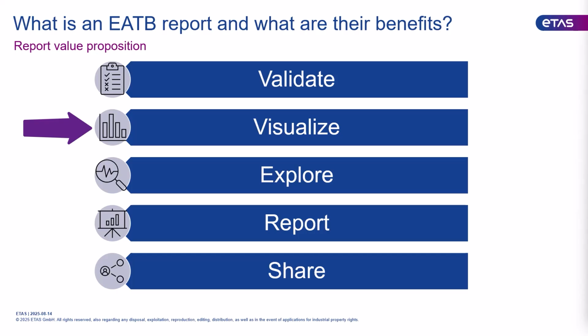This already tackles the second point, visualization. The reports are structured into chapters and sections that contain visualizations. These allow you to easily grasp the status of your data and see their distributions and behaviors. This leads to the next aspect. EATB reports with their visualizations allow you to explore your data for interesting correlations or potential areas of interest without already knowing hard constraints to validate against.